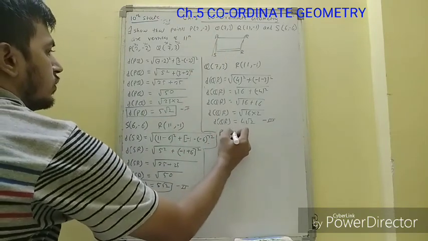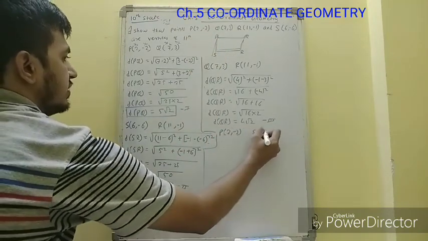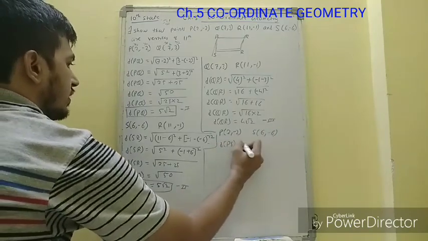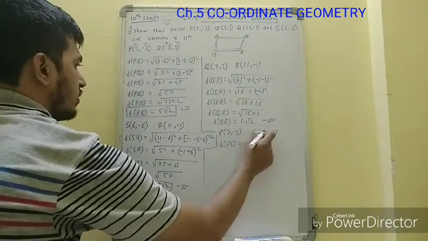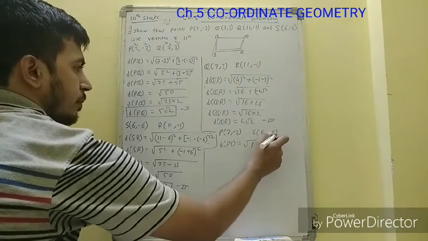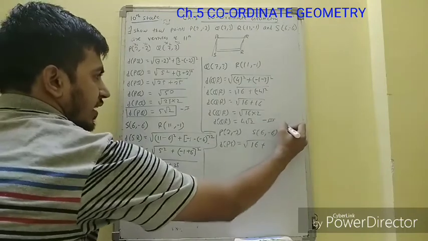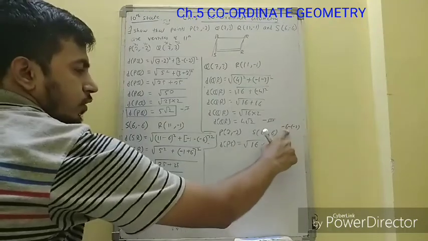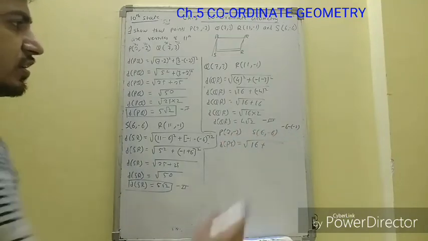Now I will find out distance PS. Now what is P? (2, -2) and S is (6, -6). So find the distance PS. We have x2 minus x1, 6 minus 2, it is 4 squared, that is 16, and minus 6 plus 2. See, -6 is y2 minus y1. Okay, I am doing it directly, just pay attention.